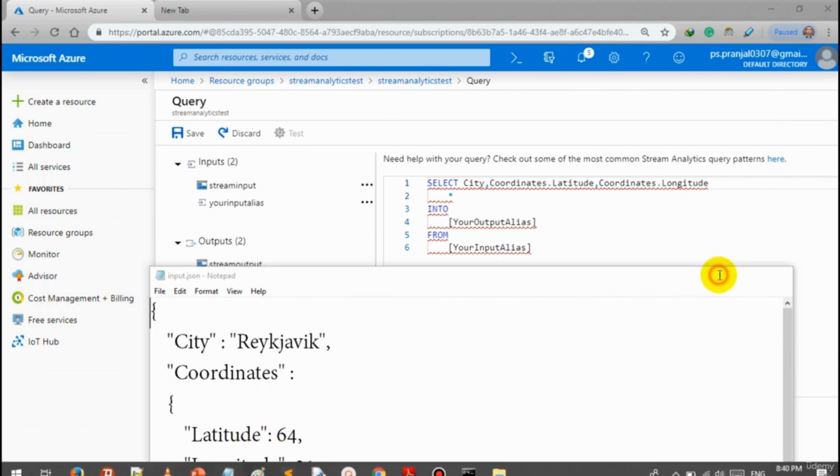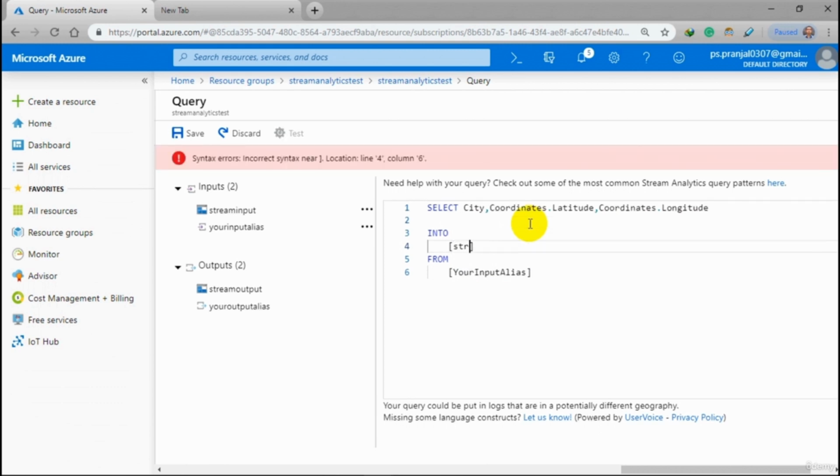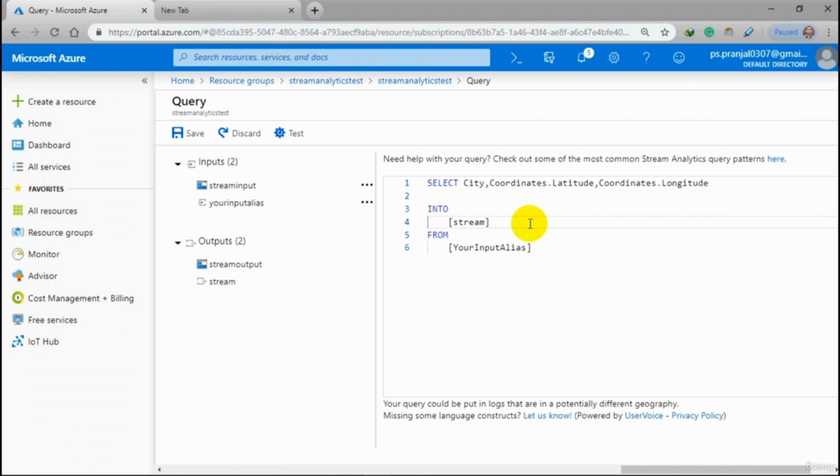Inside coordinates there are latitude and longitude. Now here you have to write your output alias name and the name of your input alias. Your output alias name is stream output, as mentioned on the left-hand side, and the name of your input alias is stream input. Okay,